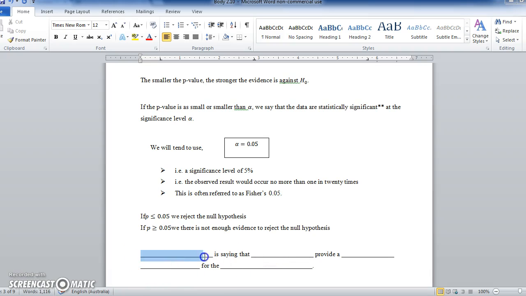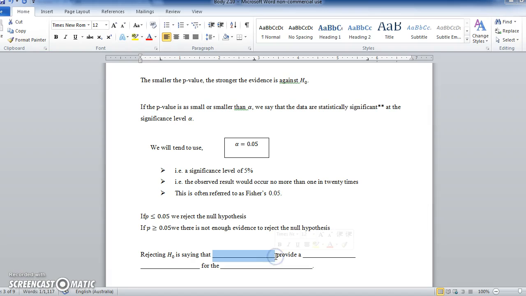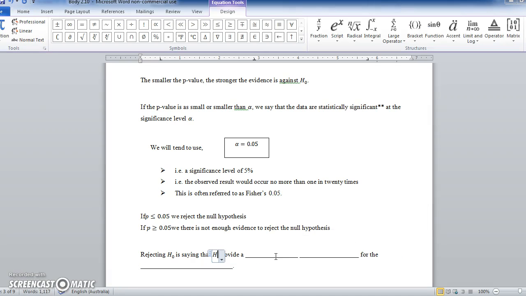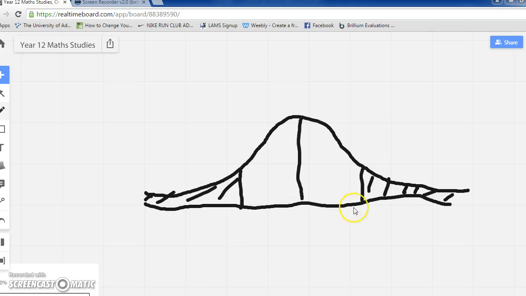So rejecting H0 is saying that H0 does not provide a plausible explanation for the observed data. So what it's basically saying is that if the sum of these two areas here